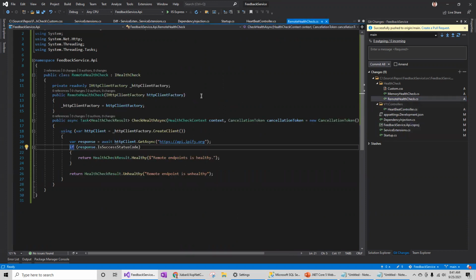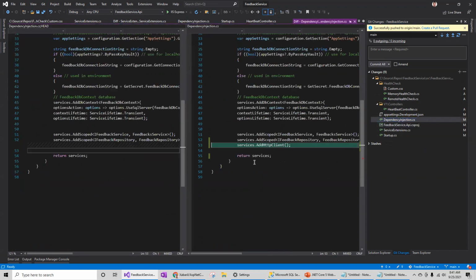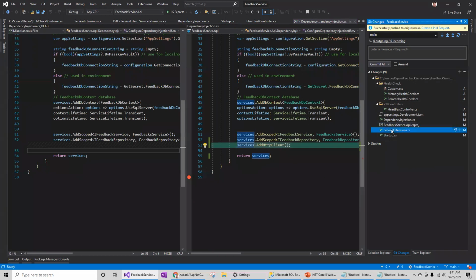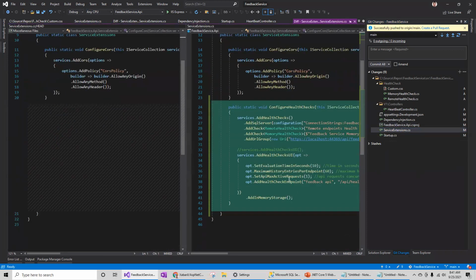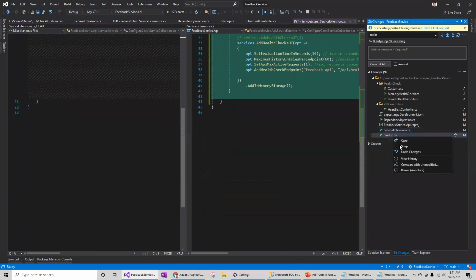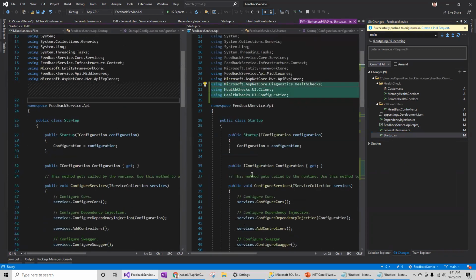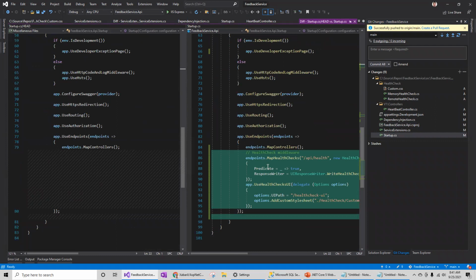This is for external, one of the examples I've explored to show how we can use the health check for connecting to the external. And in the dependency injection, we need this as part of that external connectivity. In the service extension, we added the health check method. And in the startup, we called those required health checks.